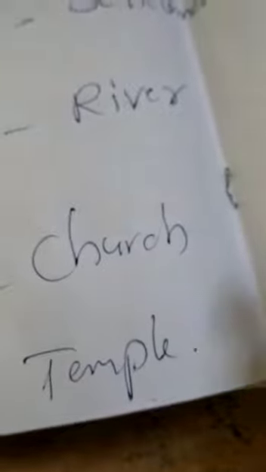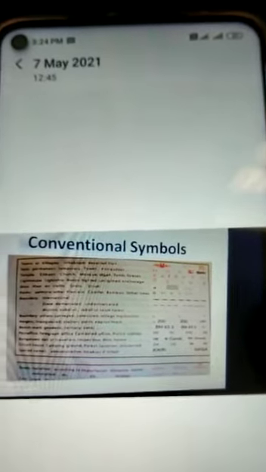This symbol indicates a peak. This symbol indicates mountains. This symbol indicates settlements. This is the river symbol. This is a church symbol. This is the symbol of a temple. There are different types of symbols we use for the features on a map.